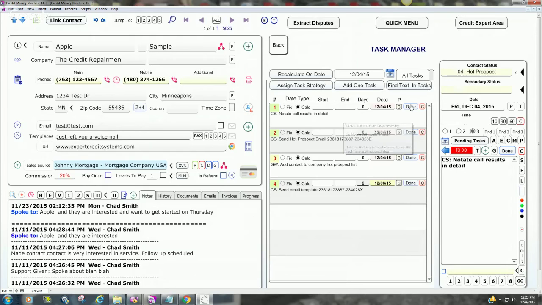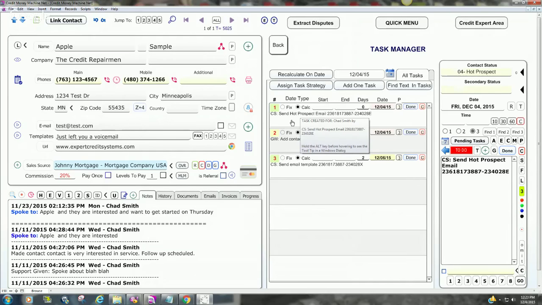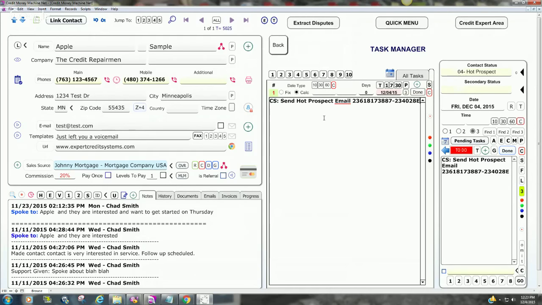Okay, so again, let's assume that I'm a salesperson for you and I change it to hot prospect. I follow the instructions. Well, the send hot prospect email, and I've got an ID in here with the capital letter E after it, allows me, as an agent in your company, to click on this task, so it's selected, and now use this kind of cool little action button here. What this action button is going to do for me is locate that email template for me, create an email that I just have to review and confirm I want sent. Because remember, I didn't do it automatically, I'm doing it semi-automatically. Do I want to send this email from myself or from somebody else? Well, I'm going to say self,